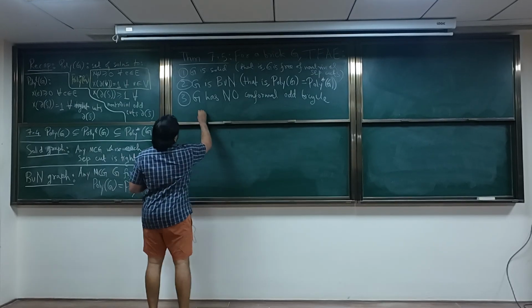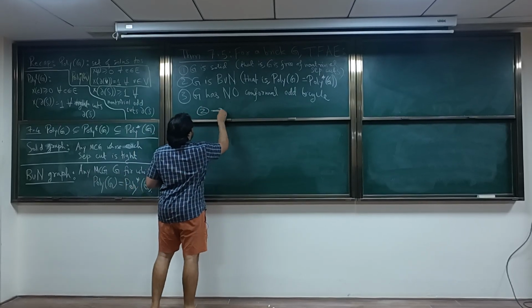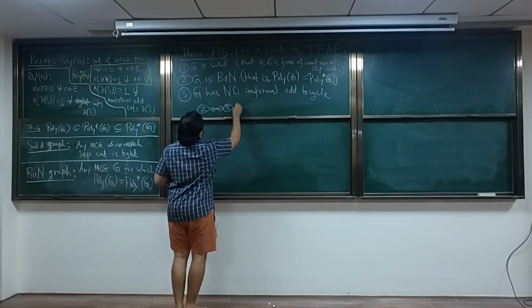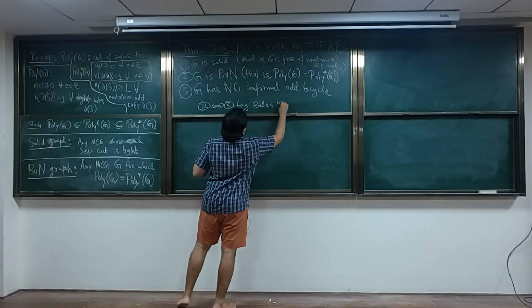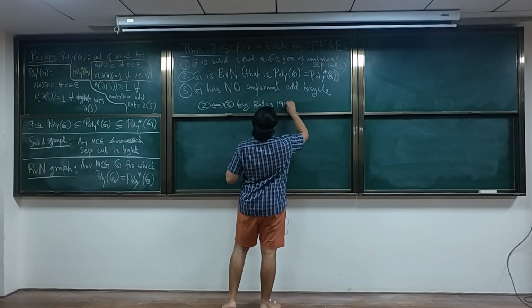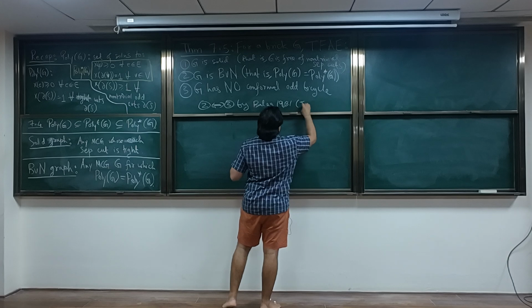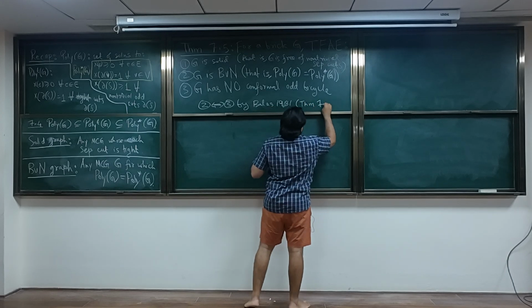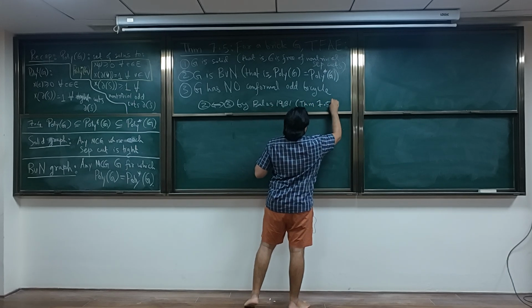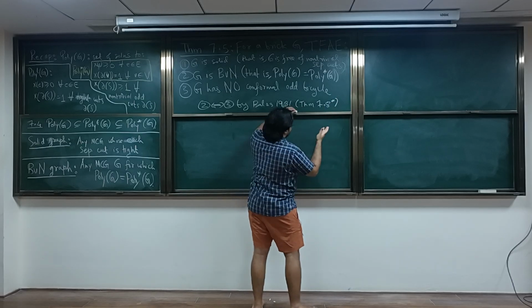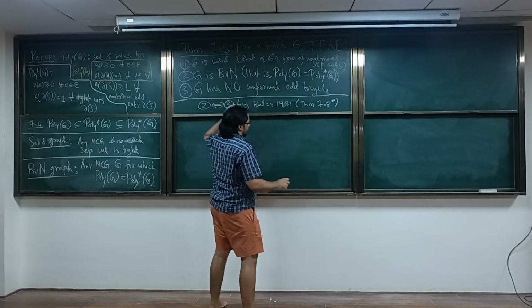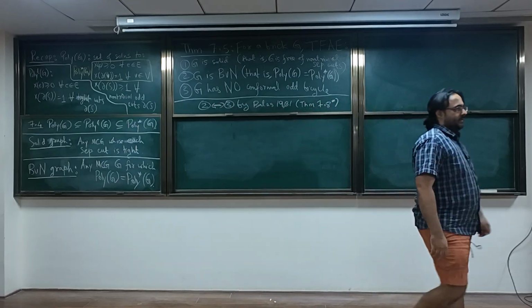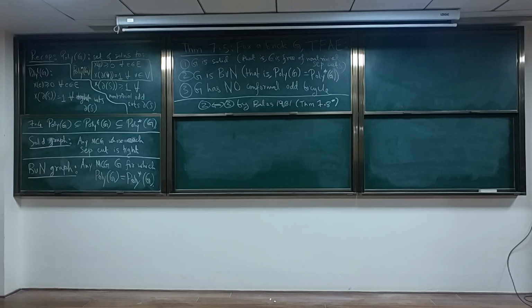Recall that 2 and 3 are equivalent is something we already know by Balas's result, which we have already proved. This was theorem 7.8 star. So 7.8 is actually the same for bricks, and what we proved was for all matching covered graphs. But as I said, it actually works for all matchable graphs. You just need to generalize the definitions. Yeah. So 2 and 3 are equivalent is clear,